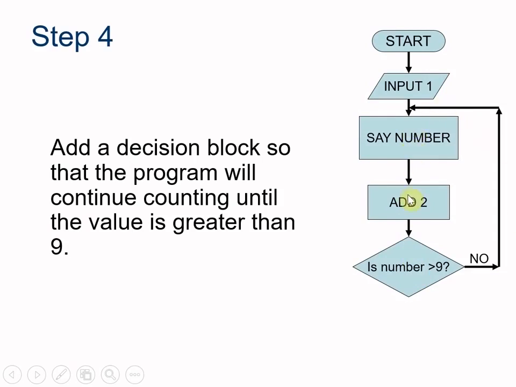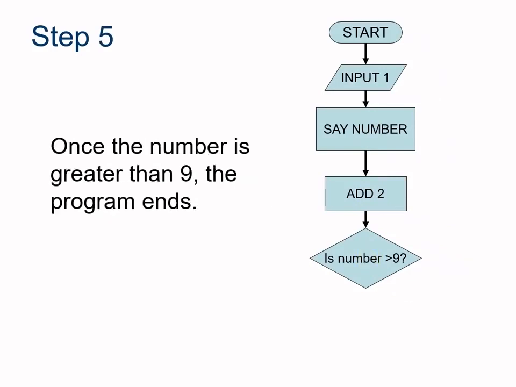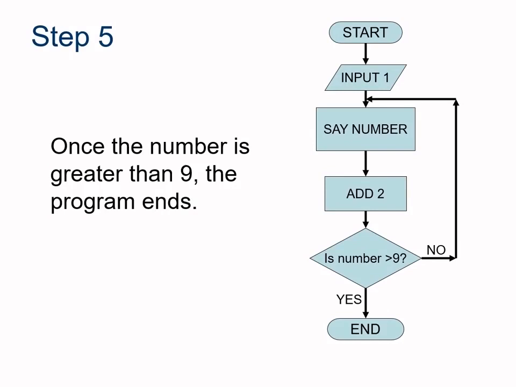And then it adds 2 more. Now we're at 11. Are we greater than 9? Yes, we are greater than 9. And when you're greater than 9, then the program comes to an end. And there we go. End. So excellent. So here's an example of our flowchart. Now that you understand how a flowchart works, you understand the different shapes, the different blocks that go into a flowchart,